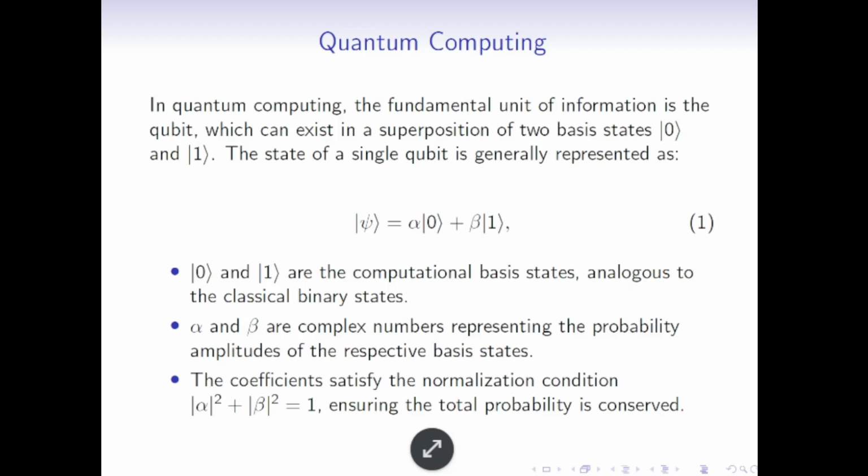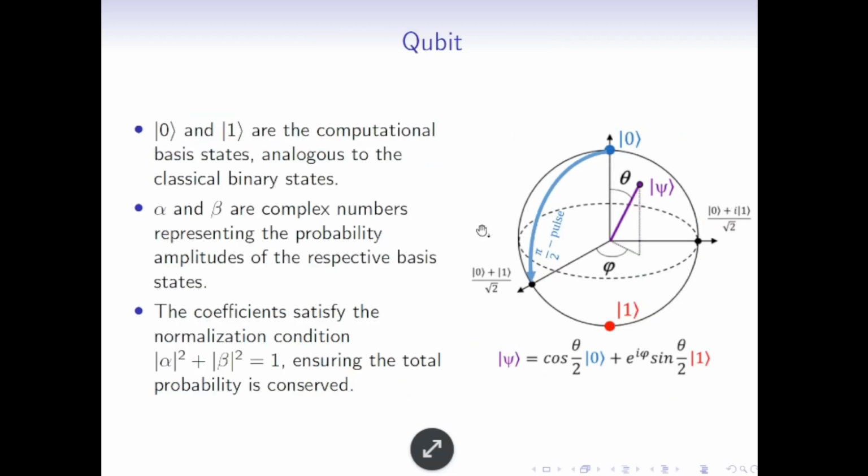So if you have a general two-level system, we can represent a qubit using this. Now a better representation is what we call